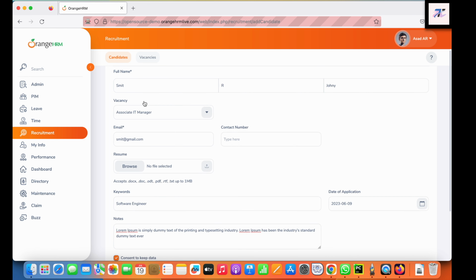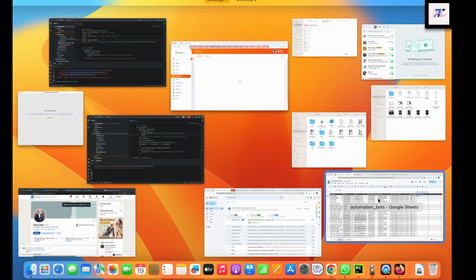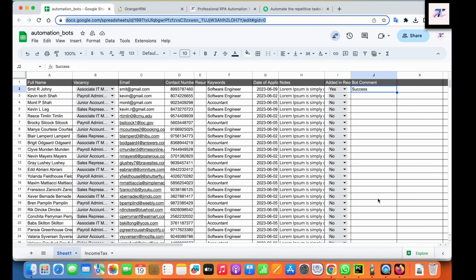As we can see, it has successfully launched the Mozilla browser, Mozilla Firefox. It logged into the system, it is filling the data, and it took less than 1 second to fill out one record. Also, this automation can run in background. So I am accessing a different screen here and automation is running in background.